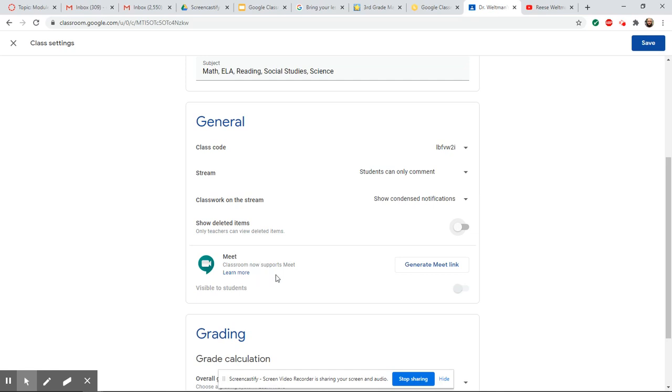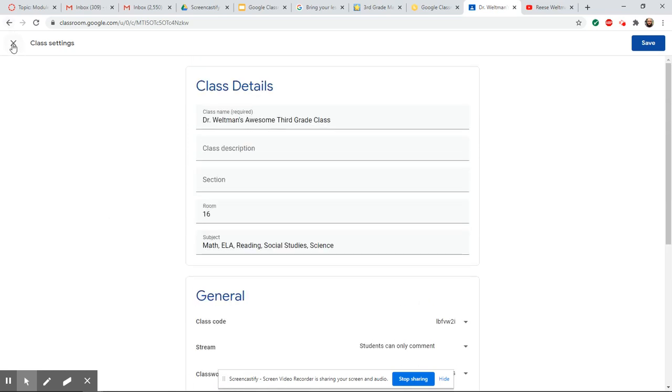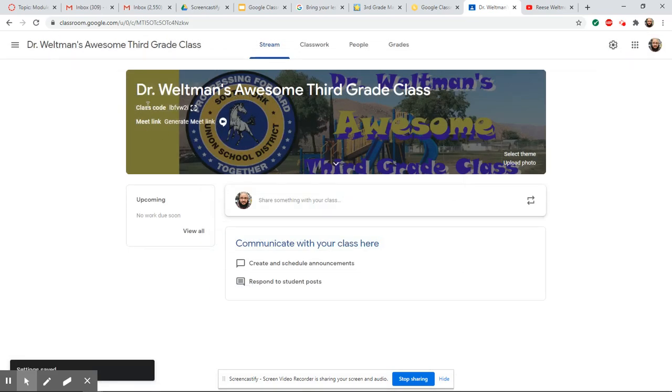This is also where you would generate your Google Meet code. Now, let me go back really quickly and show you that because it is important for you to see where that would show up. So let's go ahead and save that. If you remember on that first page, there is not only the class code up here, there is a generate Meet link